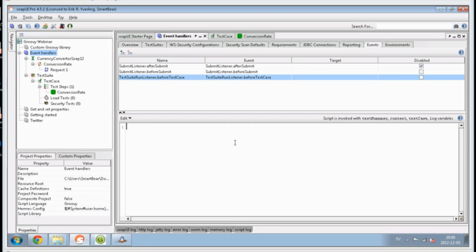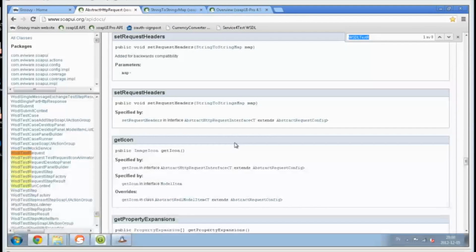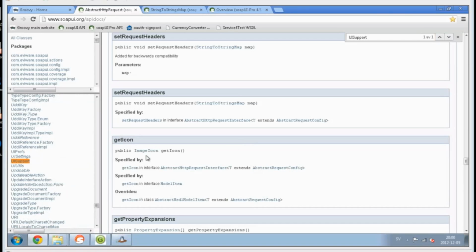So suppose we want to show some kind of message, some kind of dialogue that you have to click OK on before the test case is run. How could we go about doing that? Well, actually, a good tip for you is that there is this UI support class in SoapUI,